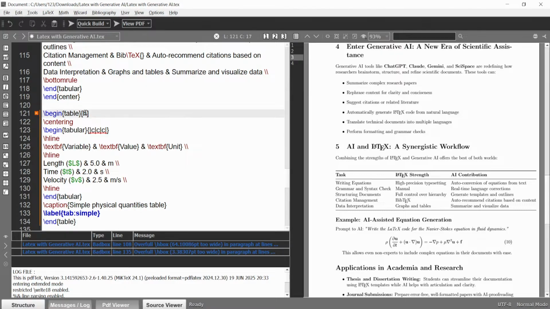So this is the table, and H means where you want to insert your table. If you use T at this place, the table will print at the top of the page. And if you use B, the table will be at the bottom. So there are three symbols. One is H, which means here where you are writing. T is used for the top of the page, and B is used for the bottom of the page.